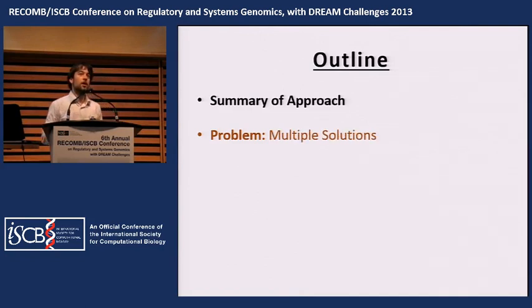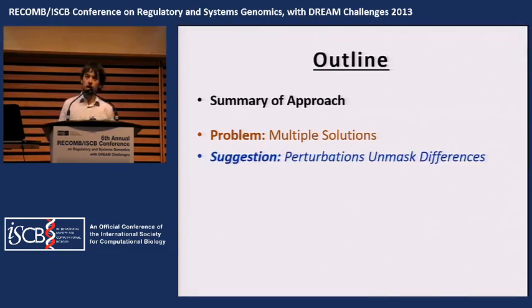And in my lab at Brandeis University, we call this the problem of multiple solutions. That is that you can construct disparate biophysical models that recapitulate biological data equally well. And this is a problem for parameter fitting because if you want to find the quote-unquote true parameters of a biological system, you have no way of choosing between parameter sets that give you equally good performance. So I'm going to give a tentative suggestion or solution to this problem, which is to use rich and complex perturbations to unmask hidden differences between superficially similar biological models.